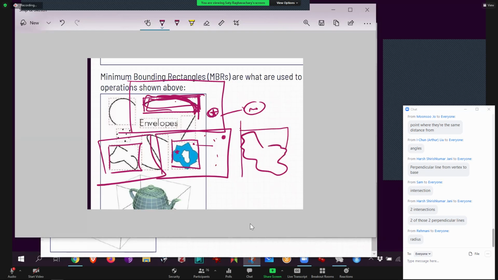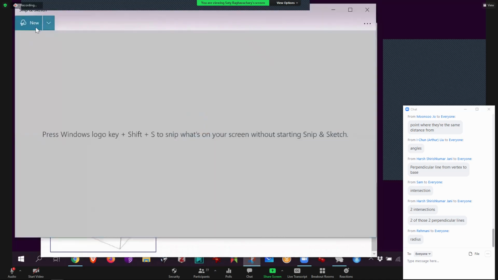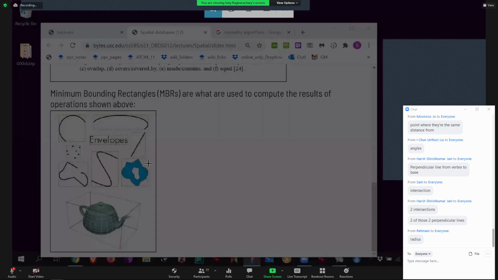Why unfortunately? Why do you think I said unfortunately parallel to X and Y? All the MBRs I showed you, minimum bounding rectangles, you see they're all parallel to X and Y. Why is that a bad thing, you think? In other words, what good things can happen when the MBRs don't have to be parallel to X and Y? Anybody? Look at the pictures that I'm showing you, then you'll have an answer.